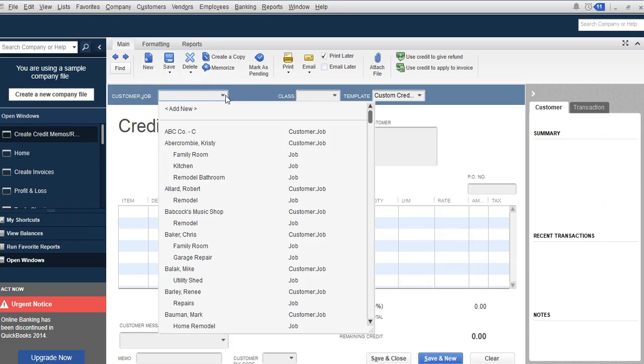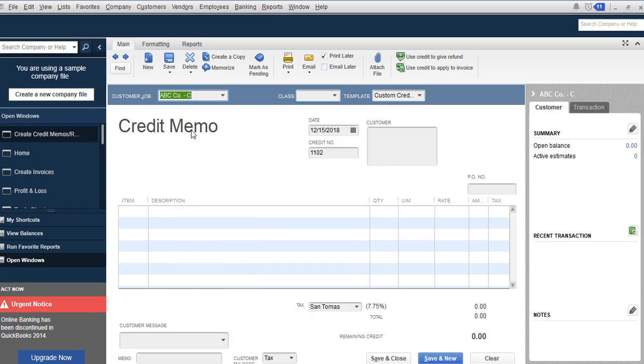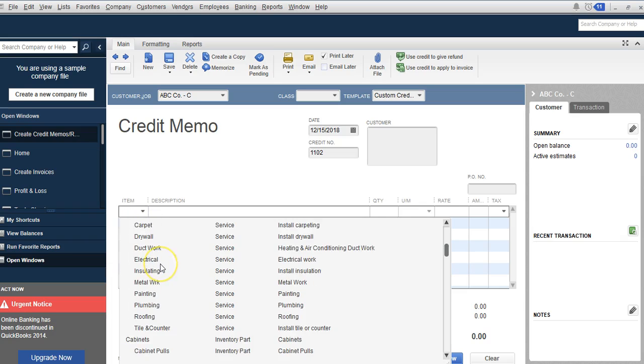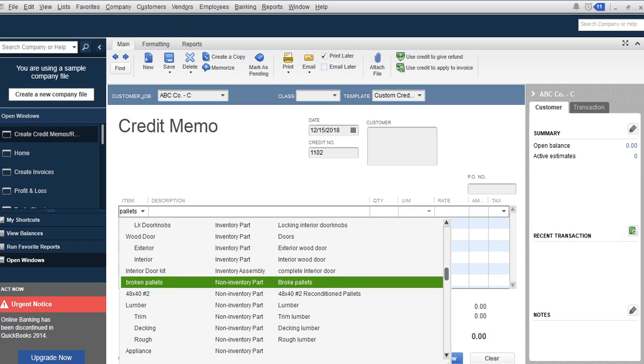and then we'll select the company that you're doing the trade with. In this case, it is ABC Company, and have that C there for the. This is used for the other method where you have to cut a check to them, but don't worry about this right now. This is just a straightforward credit memo, and then you put in the date, the credit memo number, and since we're going to buy broken pallets from that company, you just enter broken pallets,